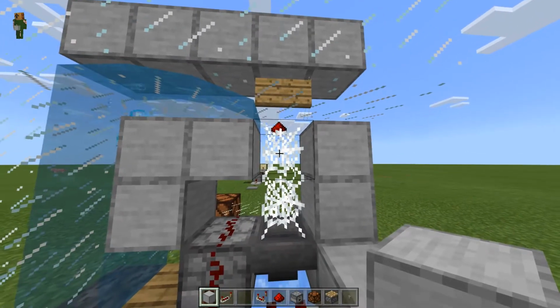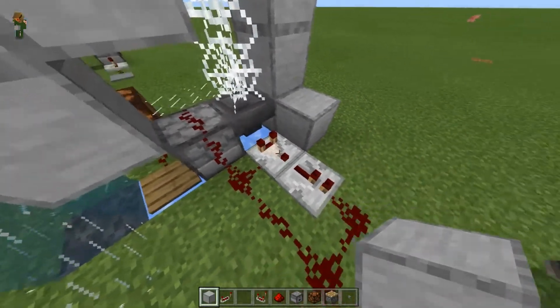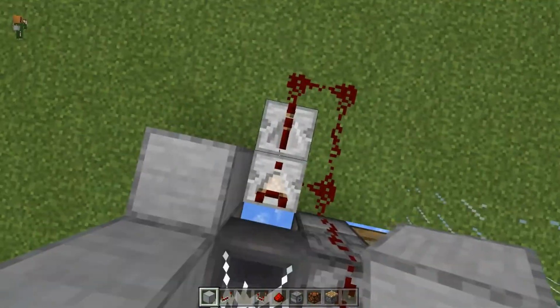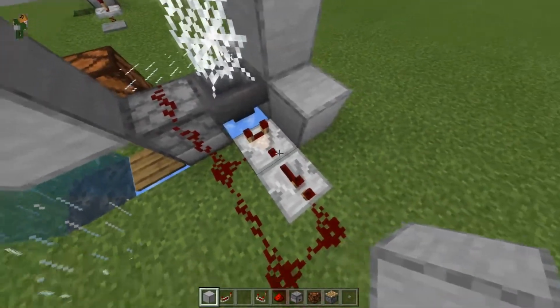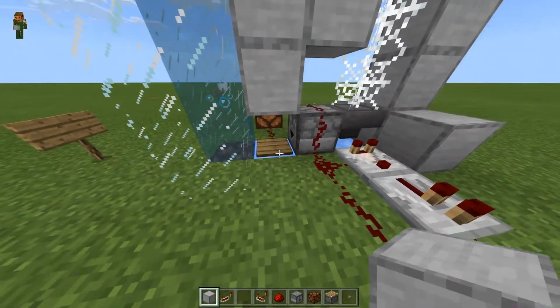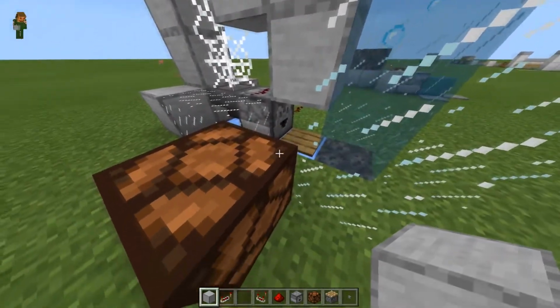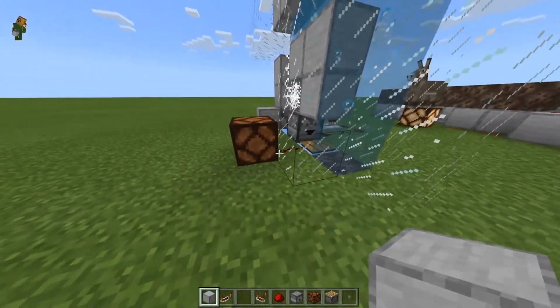So you can see it slowly makes its way through the cobwebs. The hopper picks it up, puts it into the dropper, and then what you do is you do a comparator coming off of the hopper into a repeater, redstone wrapped around into your dropper just like so, and you have a pressure plate right in front of the dropper,